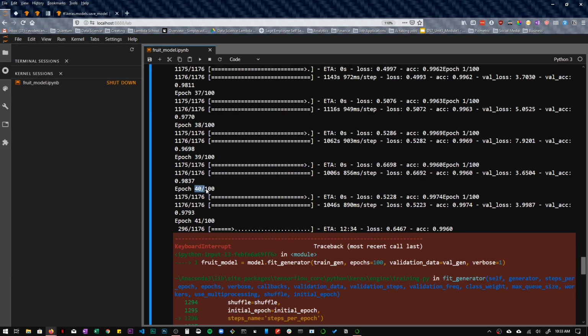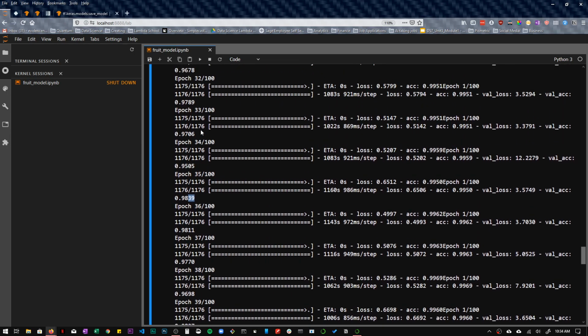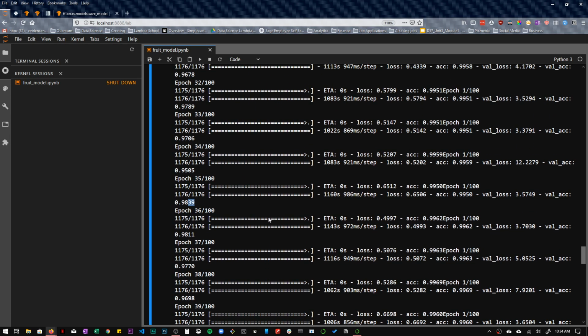Then I'm like, well, this is taking a long time. It has been running for about 12 hours right now. And one thing I've noticed is that the validation accuracy is leveling at about 98, 97, 98, 98. So it's fluctuating back and forth.